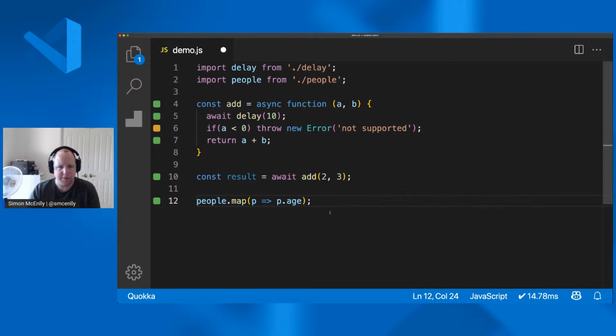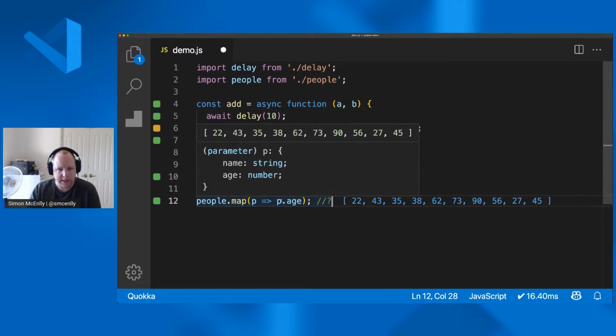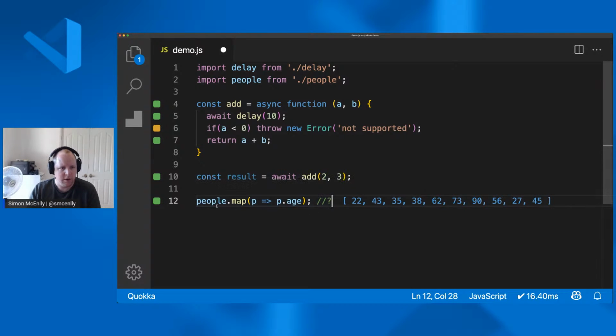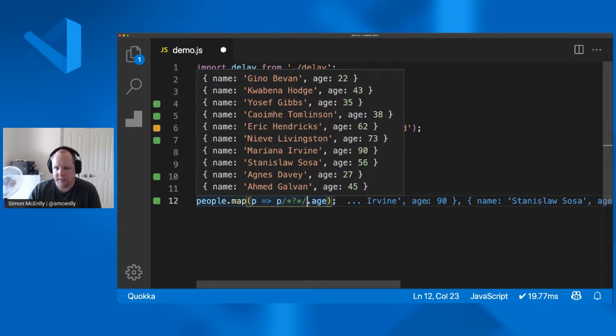I said we support both multi-line and single-line comments. Here you can see we've got people, and it looks like we're mapping age, but I don't know what people looks like. I could, if I wanted to, log the p object instead of the age after the map with a multi-line comment. And here you can see there's a bit more information being displayed.